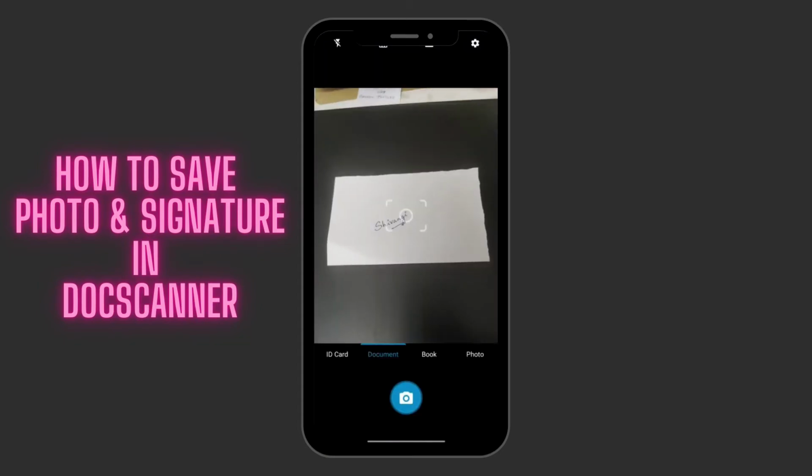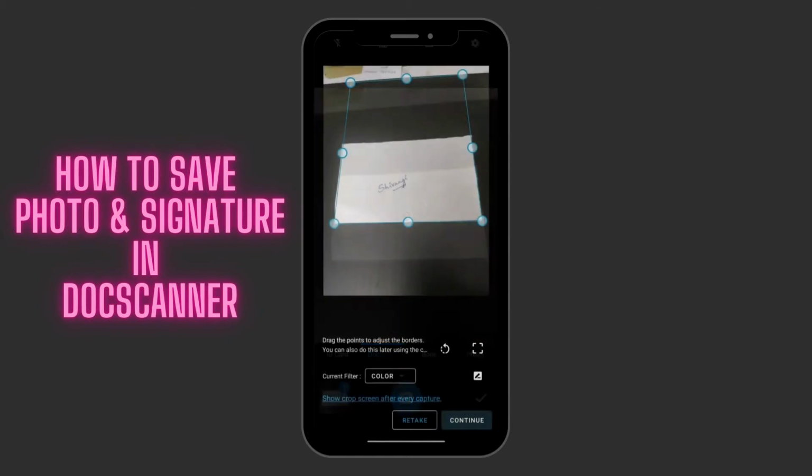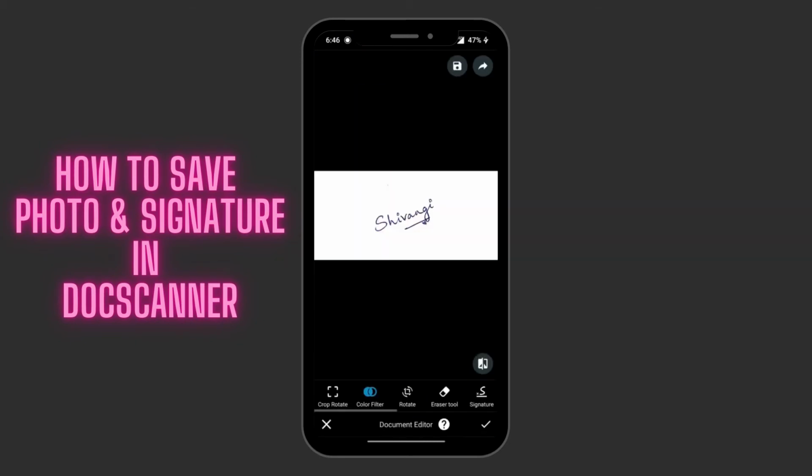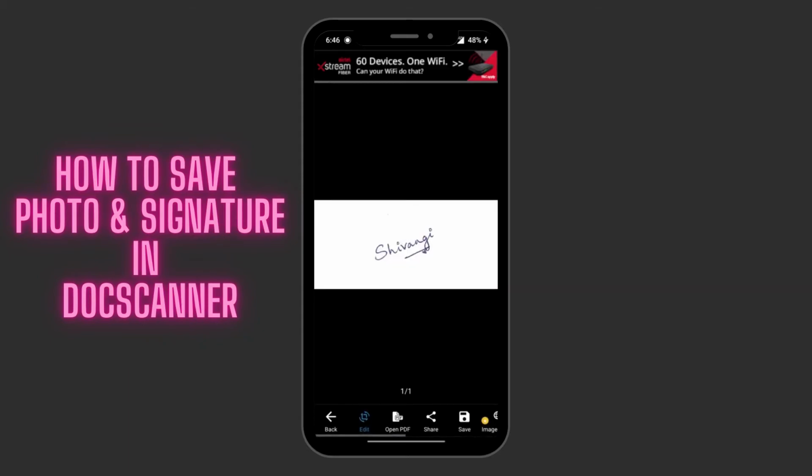Press that camera button over there and simply take a picture of your signature, and you can adjust the size in this doc scanner. So you can use this doc scanner app for almost everything, not just your signature. You can even take your photograph, you can take all of your documents, and you can take a photo in this. Now simply press the tick in the right hand corner,